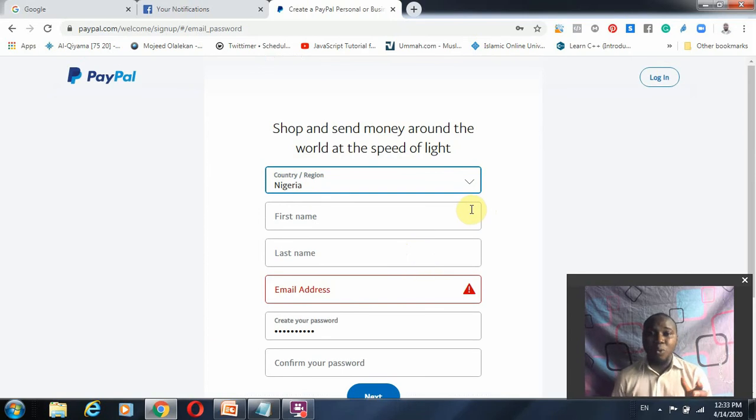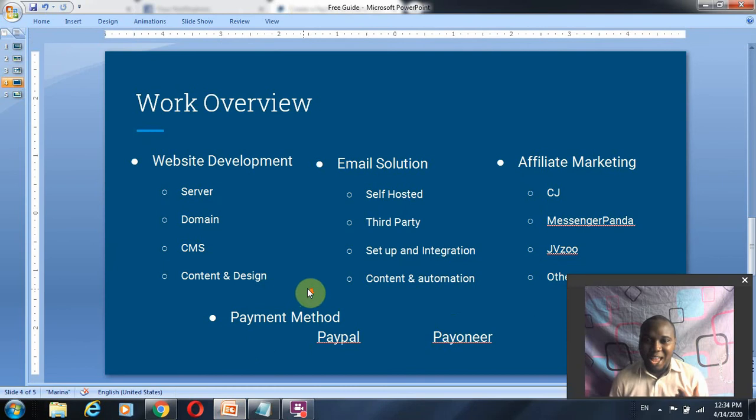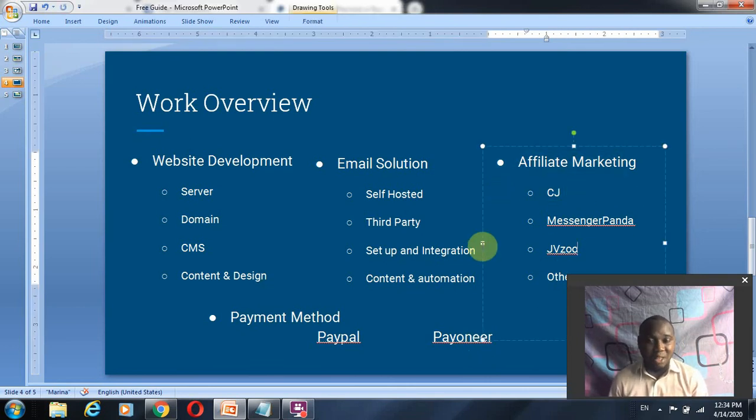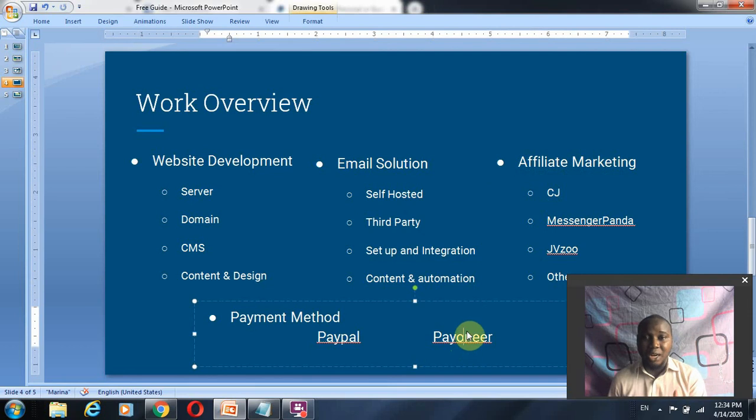But if you notice, once you sign up, you would be making use of PayPal to make payments. However, in order to receive payments, that is why I mentioned the Payoneer account here is what you are going to be using to receive payments. And Payoneer is very, very easy to attach to most of these, like CJ and what have you. You can easily use a Payoneer account to receive your payment, and you can actually use it to send to your Naira account here in Nigeria or anywhere in the country you may be watching this guide from. So the first thing is that you should register for PayPal, okay?